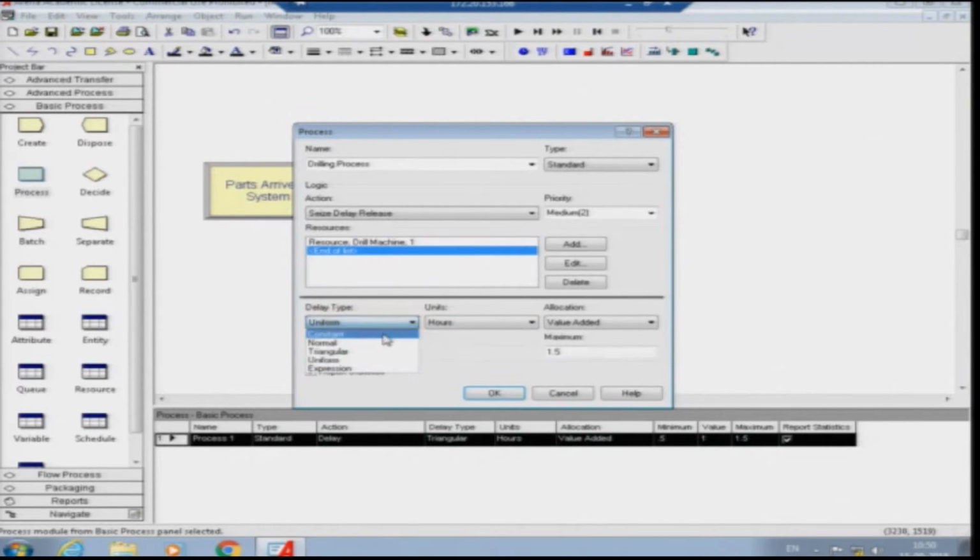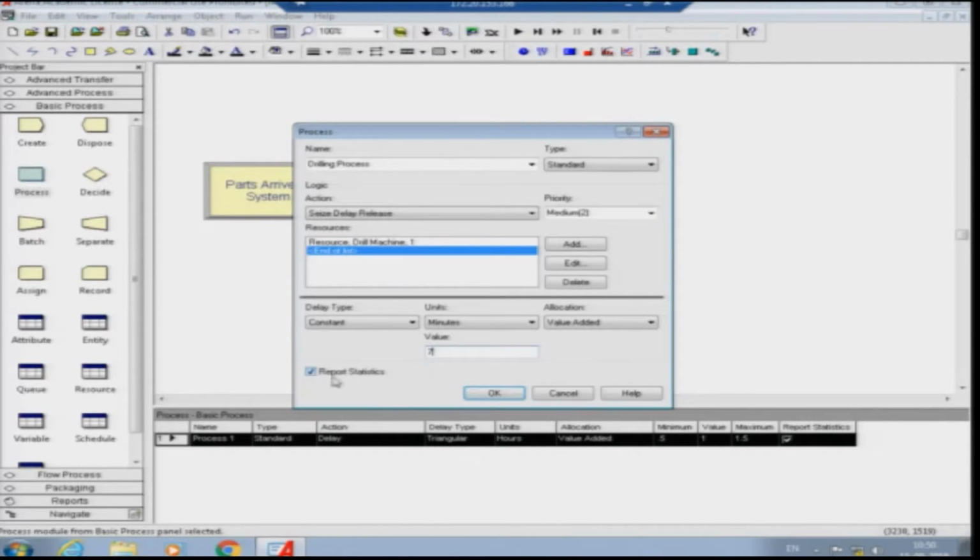To begin with, we would start with the constant, as we discussed in the previous model, and we talk about it in minutes. This is a value added process, and you can also change this to non value added, transfer, wait and other things, but as of now, because you are drilling a hole in the system, it is a process step. So, you are adding value to it, and let us say it takes 7 minutes to drill the hole in the part.